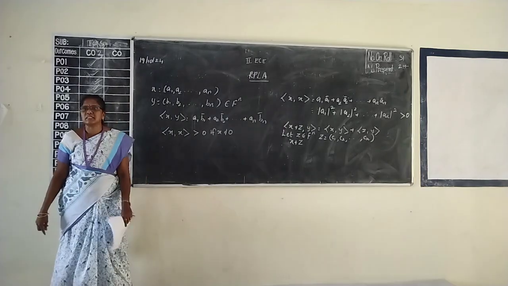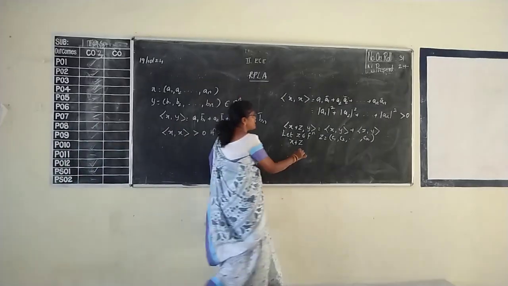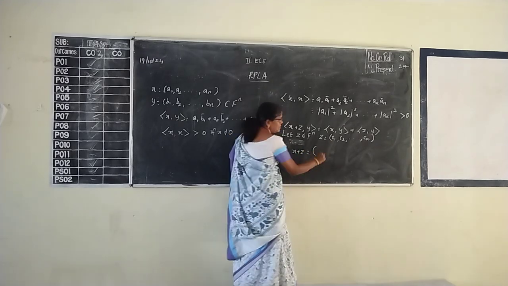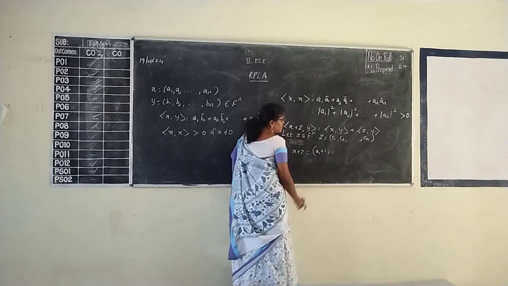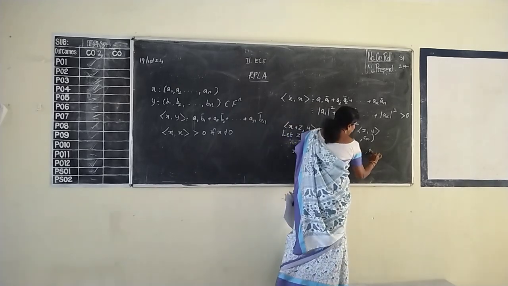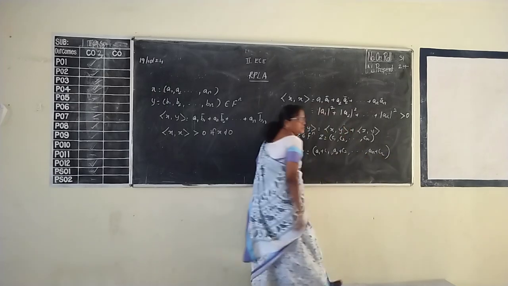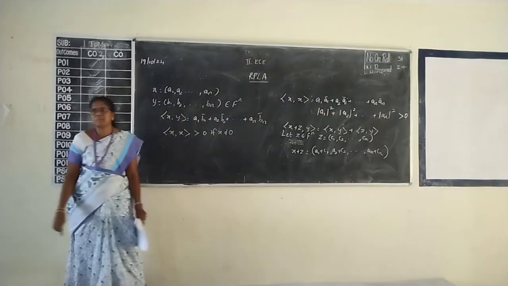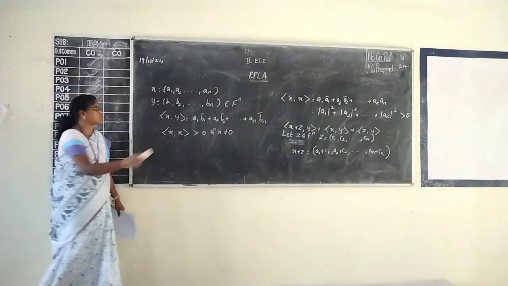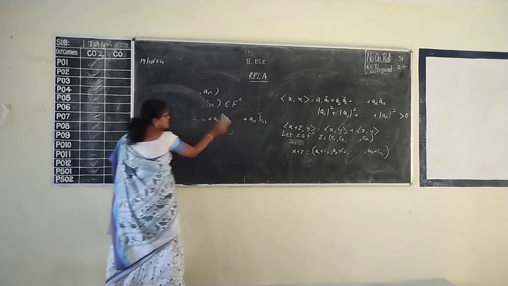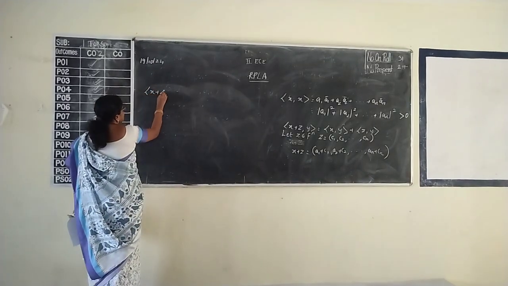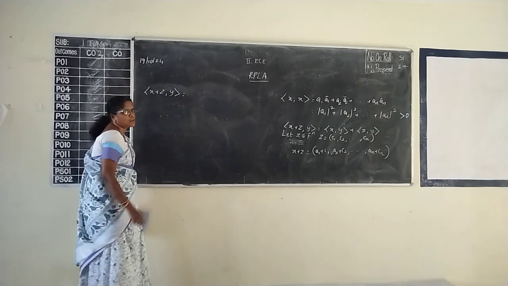Now tell me what is x plus z? How will the elements be in x plus z? A1 plus C1, comma A2 plus C2, etc. AN plus CN. Ordinary vector addition. We are adding two vectors, x plus z. Now apply the inner product definition. Start with the LHS. Inner product of x plus z comma y is equal to